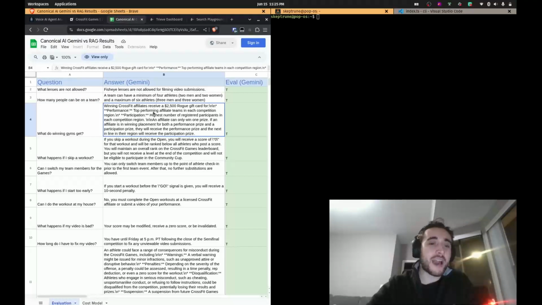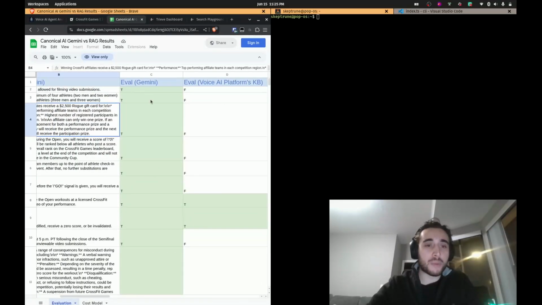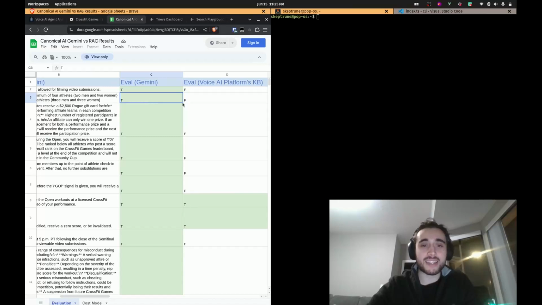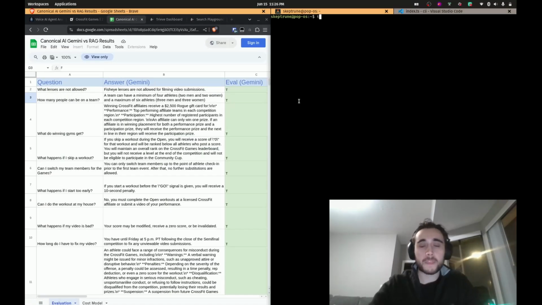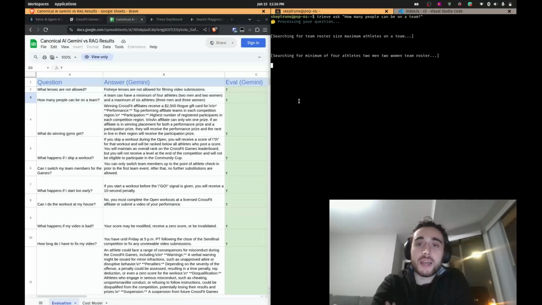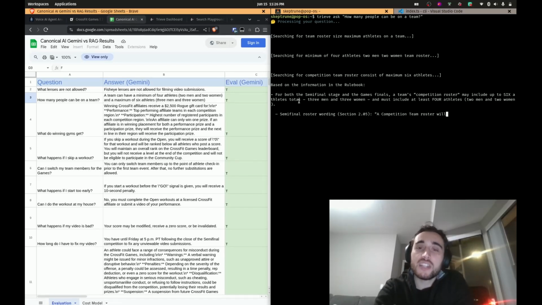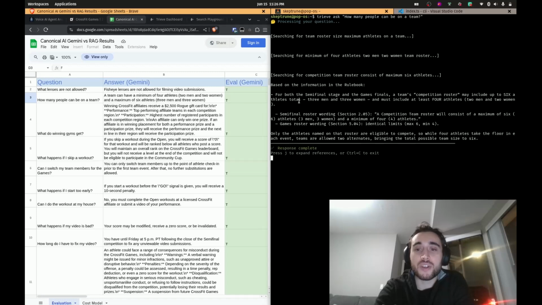Okay, next, how many people can be on a team? Another situation where the Gemini rulebook got it right and the RAG got it wrong. We're going to go ahead and ask how many people can be on a team. And we're going to see that the large language model can write a search query for team roster size, maximum athletes on team. And then once it finds some information from that query, it can refine. Minimum of 4 athletes, competition roster consists of maximum 6 athletes. And it's going to kind of continue to iterate and refactor its search till it gets an exhaustive set of